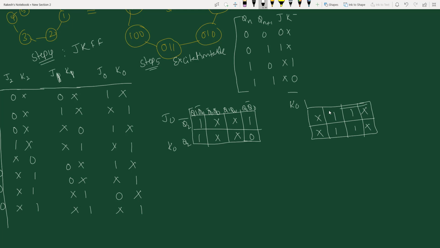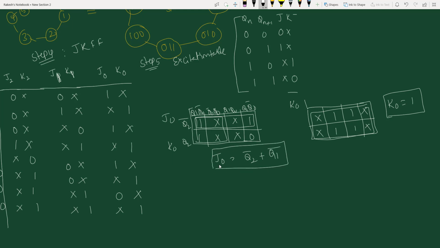So I can form one octet using all these ones. That means my K0 should be 1 always. And here, I can form one quad here and one more quad here. So I can write my J0 as Q2 bar, and if I consider the other quad, Q1 bar. This is my J0, K0 input.